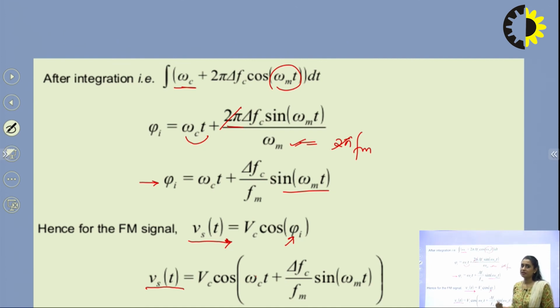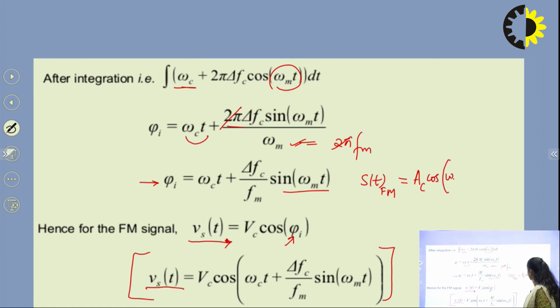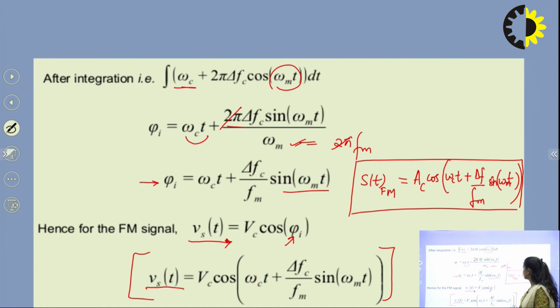right? So because of the variation in frequency, what is the final expression for my modulated signal? This is represented here. So if I am asked how I may represent my frequency modulated signal, I may represent it with this expression, right? If instead of V you are using A terms, and if you are representing your output or modulated signal by s(t), with different notations, you may write it as Ac cos of omega ct plus del f, frequency deviation, upon fm sin omega mt. So this is how you may represent your frequency modulated signal,